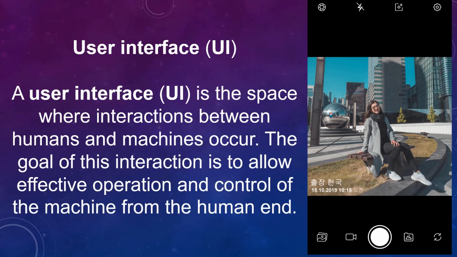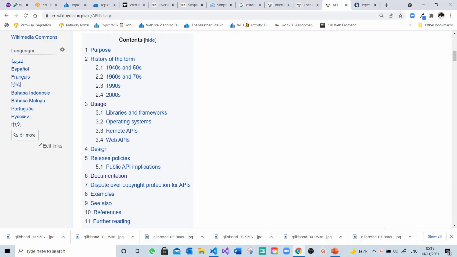So that is the main difference between the API interface, user interface, and hardware interfaces. As we understand about the APIs, let us see what are their uses and what type of